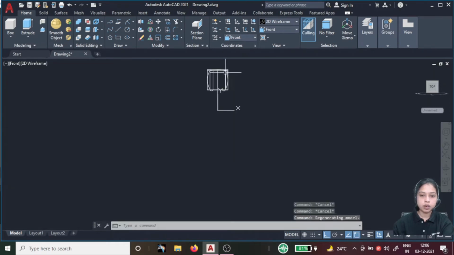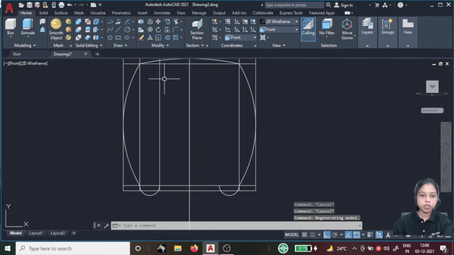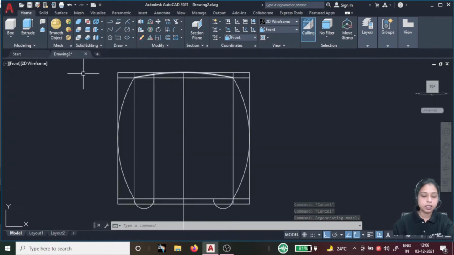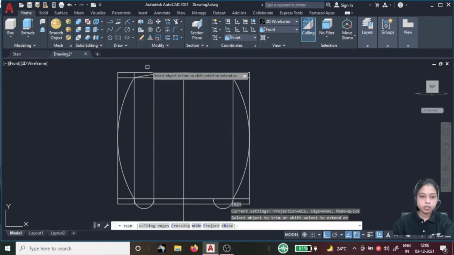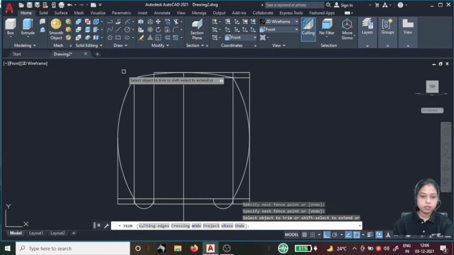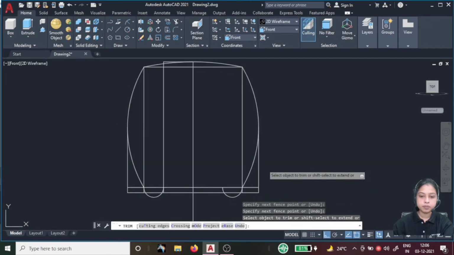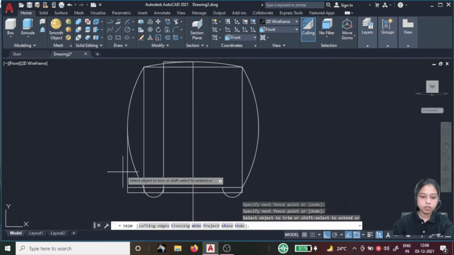So now trim the unwanted entities, TR, enter, and trim the unwanted entities. Just trimmed it, also trimmed it, also trimmed it.